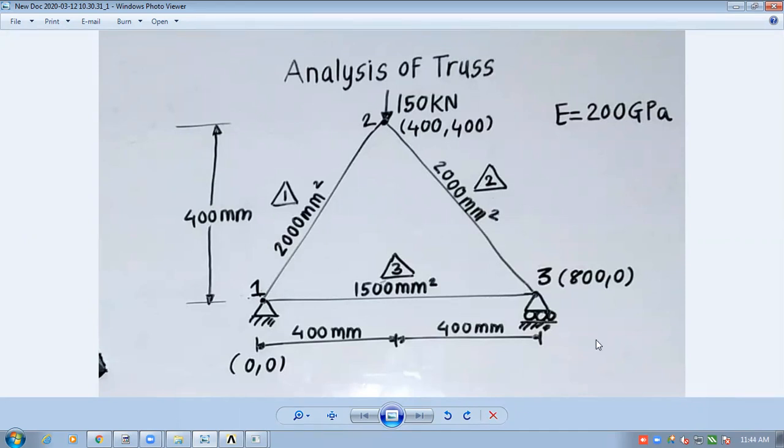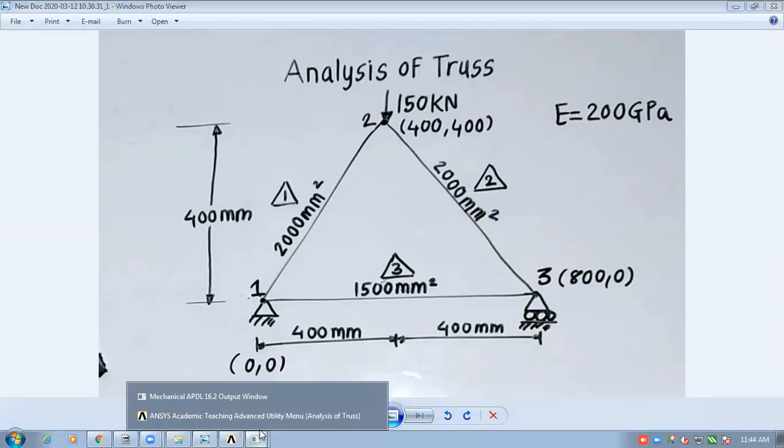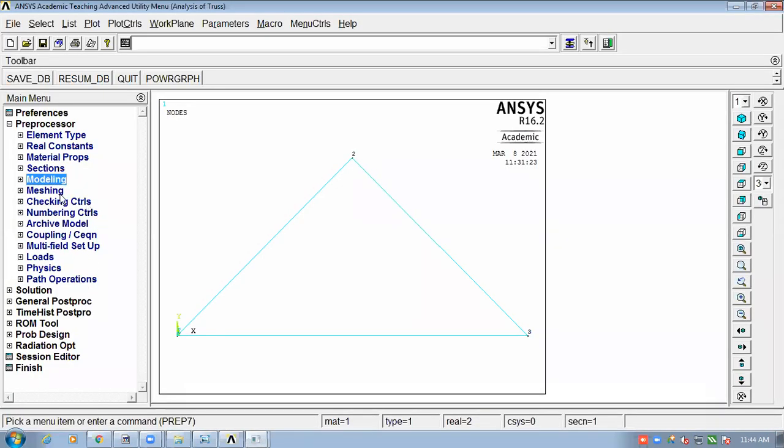One degree of freedom. Right. See, the roller will have only 1 degree of freedom. See this roller, it can move only in horizontal direction. It can't move in vertical direction, right? So its degree of freedom in vertical direction is constrained to 0 value. So we are supposed to enter that here, right? So I'll go to here.